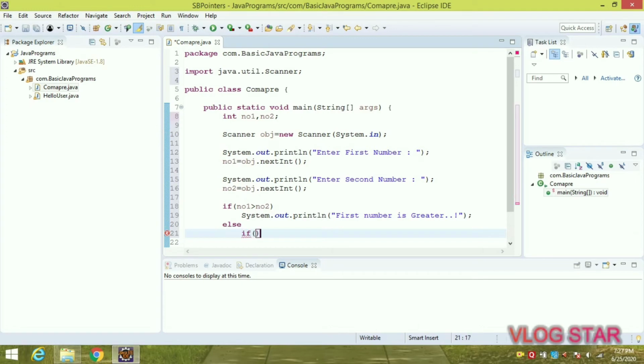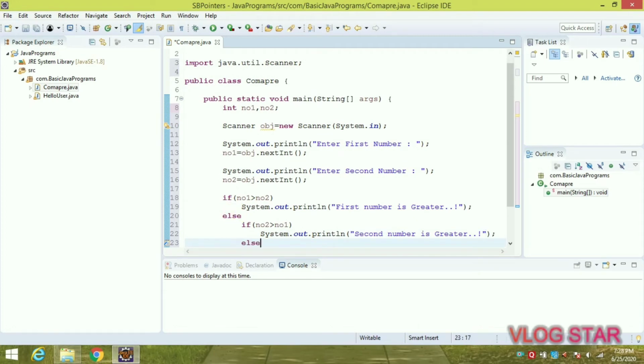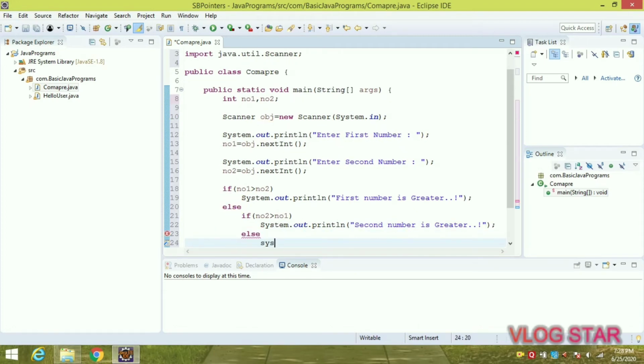If number2 is greater than number1, then it will print System.out.println second number is greater. Then else it will go to the else part and print the last statement. This is our last statement, that is if neither first nor second is greater, that means both are equal.